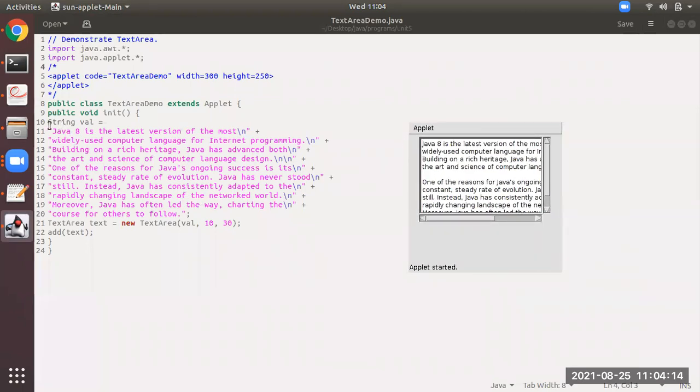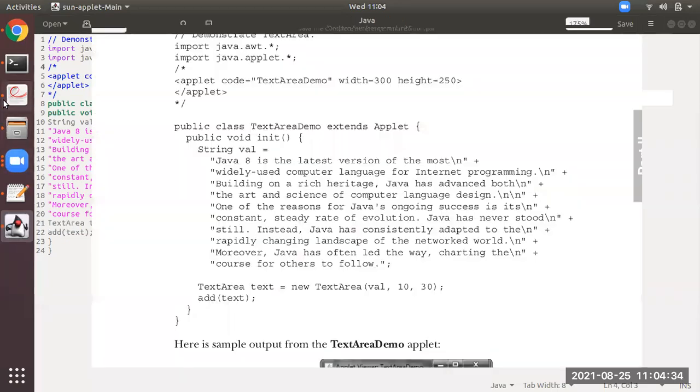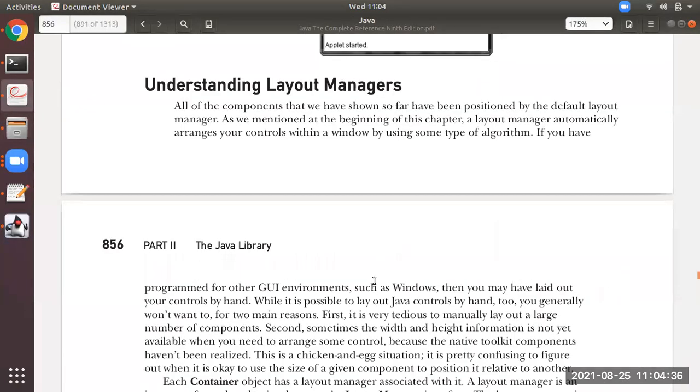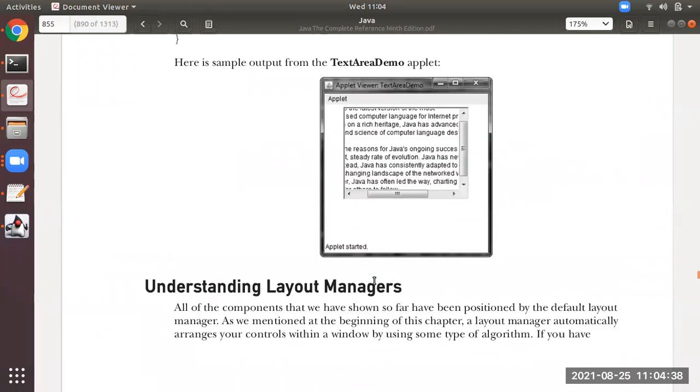Whatever the text is there, you can see here. Java, it is the latest version, and so on. All the text is available over here. Okay, fine. I hope you have understood this. We have finished with this text area component and layout managers also.